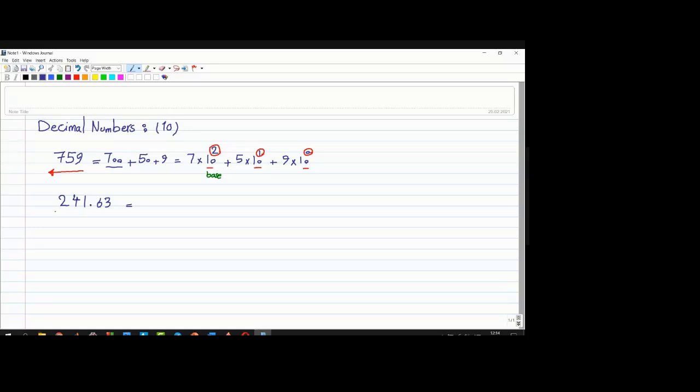For the integer part, similarly, we start from the right side with the power of 0 and go through the number. It means that we will have 0, 1, 2. What does it mean? It means that I can write 2 times 10 to the power of 2 plus 4 times 10 to the power of 1 plus 1 times 10 to the power of 0 plus,